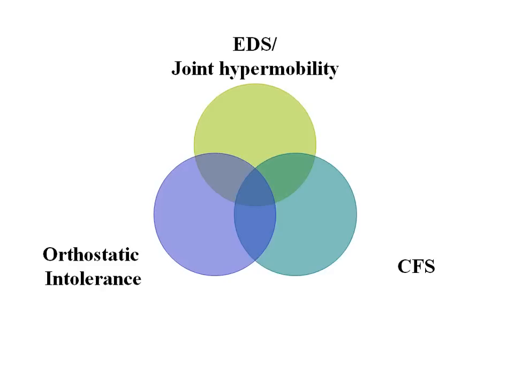contortionistically able to move their joints around. They have very stretchy skin at times, and they have early varicose veins. And they also have fatigue and widespread pain of uncertain etiology. And so obviously that overlaps a lot with CFS and fibromyalgia. And we've been very interested in these connective tissue abnormalities as problems that predispose people to excessive pooling in their limbs. When they get blood flowing down into their legs when they stand up, their vessels don't constrict anywhere near as well, it would seem.